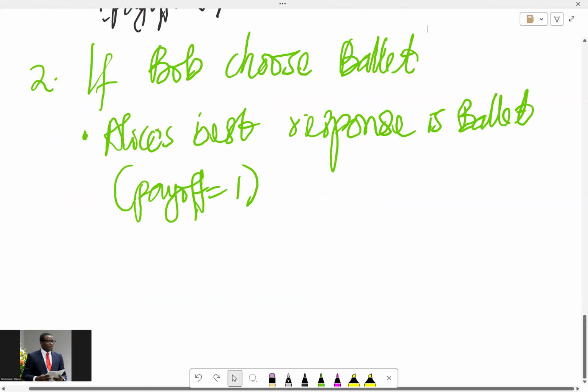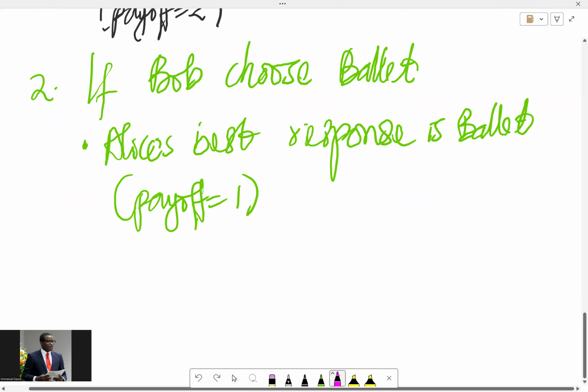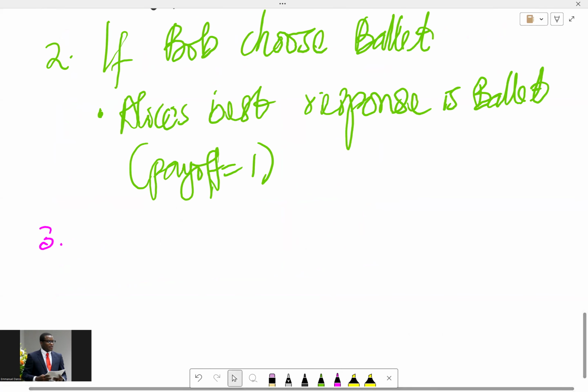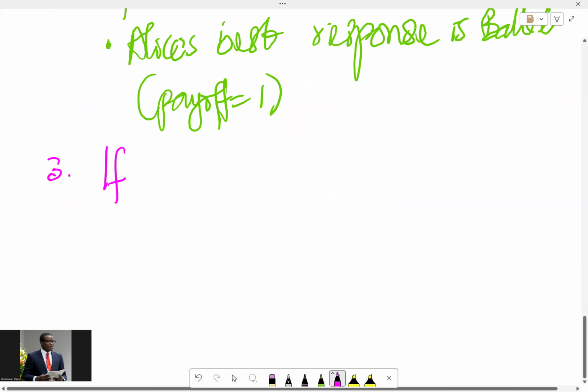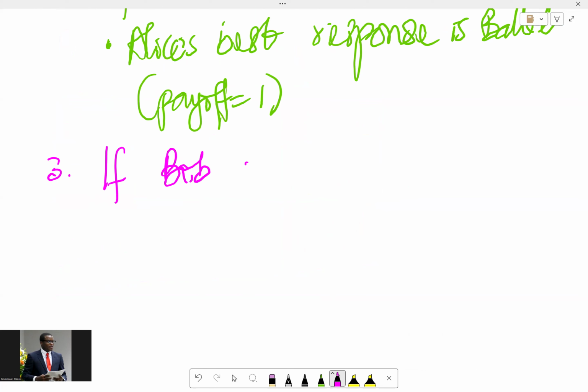All right. So look at the third scenario. What we do to get a Nash equilibrium is you look at the best option for each person and then combine together, and that will form your Nash equilibrium. So now we're switching over to Alice. If Alice chooses football,